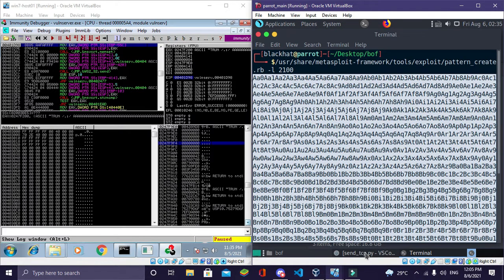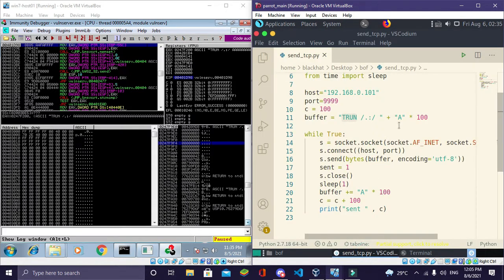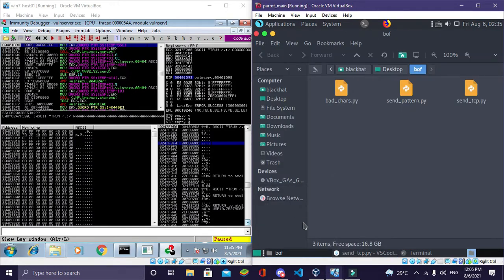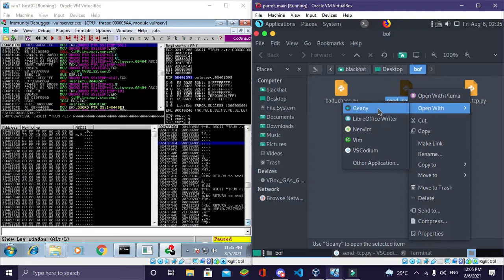Copy this, and you have to edit this. So I have created a separate Python file for that, this send pattern.py. I'll add these files to Google Drive and send you the link in the description.